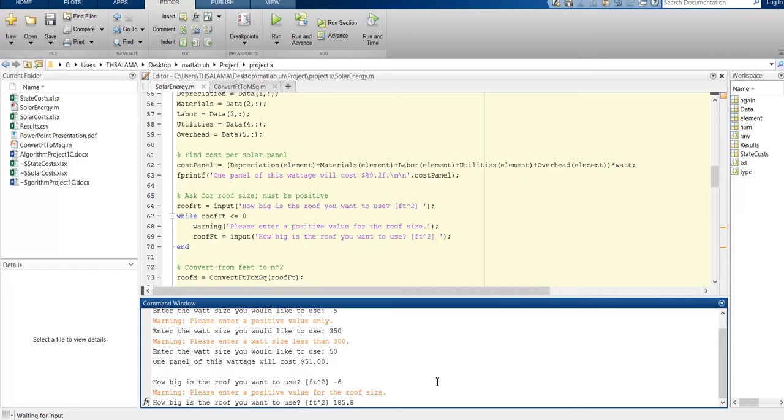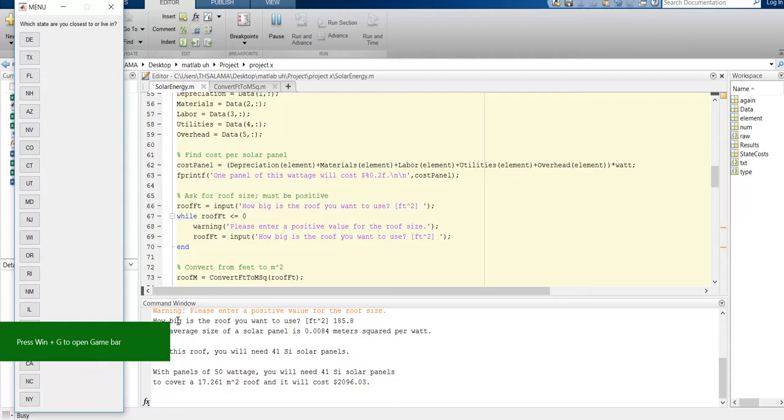feet squared. And when I enter that, what happened here, it outputted that the average size of a solar panel is 0.0084 meters squared per watt. So for this roof, you will need 41 silicon solar panels. So it told me that for my roof size, I need 41 silicon solar panels. And with panels of 50 wattage, you will need 41 silicon solar panels to cover 17.261 meter squared roof, and it will cost